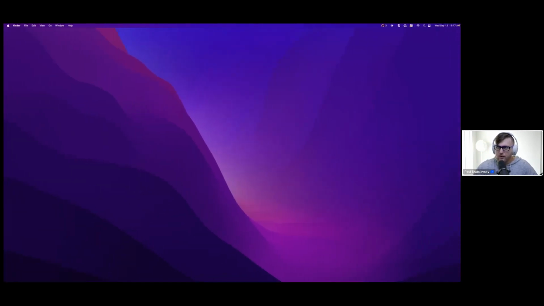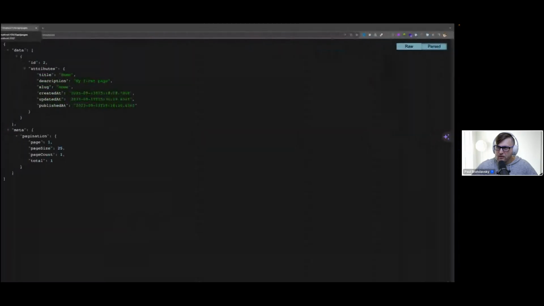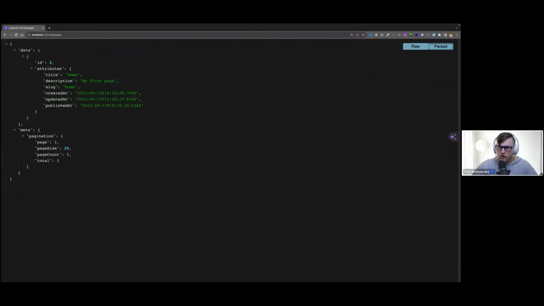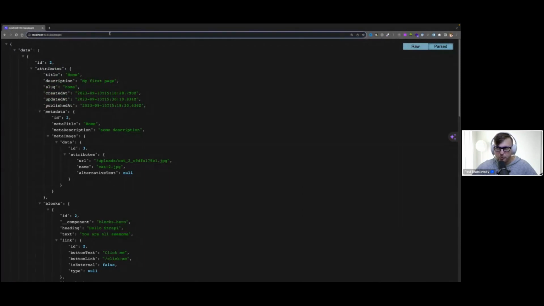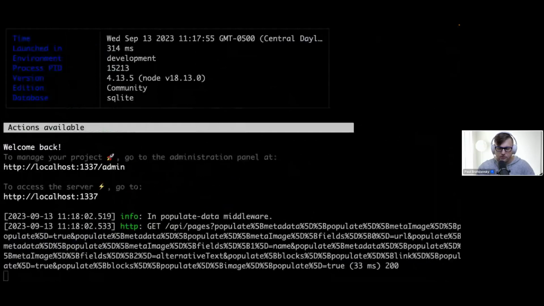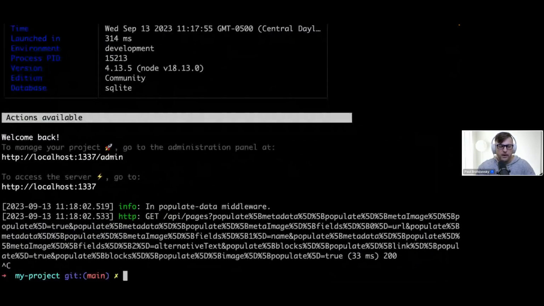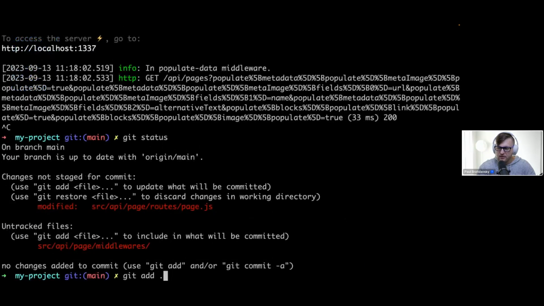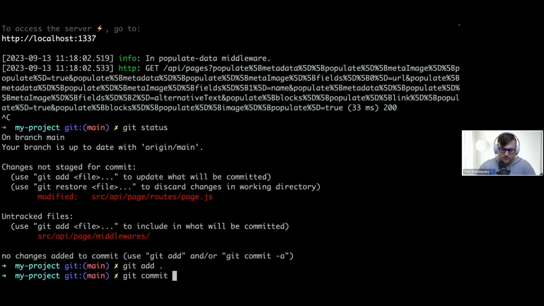So now when we go and refresh, notice we no longer need to provide our query string because it's all handled on our backend, and we get the data that we want. And if we wanted to push these changes to the cloud because our project is already deployed, all I have to do is just push the changes to my GitHub. So I'm going to go git status, git add, git commit message, add middleware, git push,